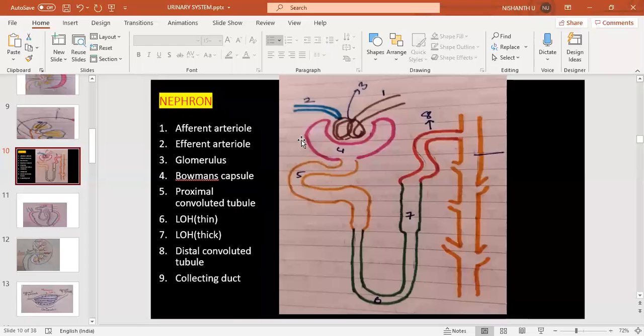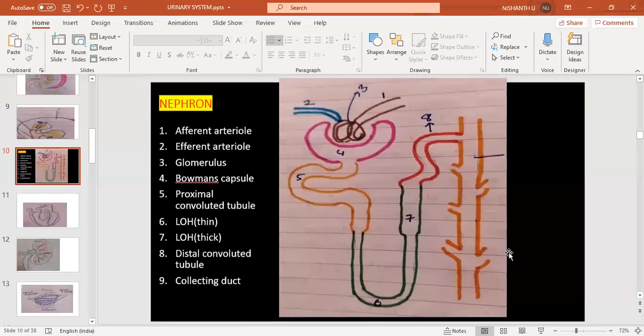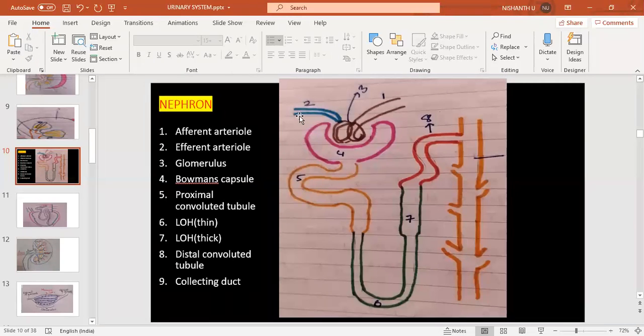The most dangerous condition is when glomerular filtration rate is very high, the essential nutrients will get eliminated from the body. That is more dangerous when compared to the reabsorption of toxin. Why? The nutrients you cannot take back. Once you pass the urine, you cannot drink it. But once the toxins are reabsorbed, you can eliminate in the next cycle. But once essential nutrients are eliminated, you cannot take them back. So that's why loss of nutrients is more dangerous when compared to absorption of the toxin. This point you remember, it will be useful in the future.